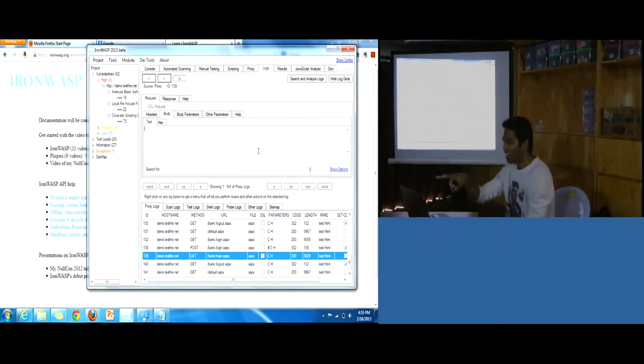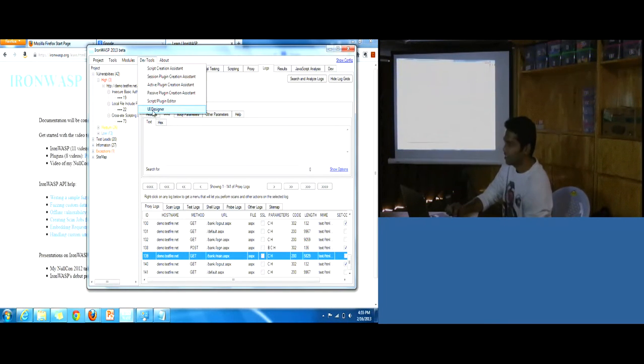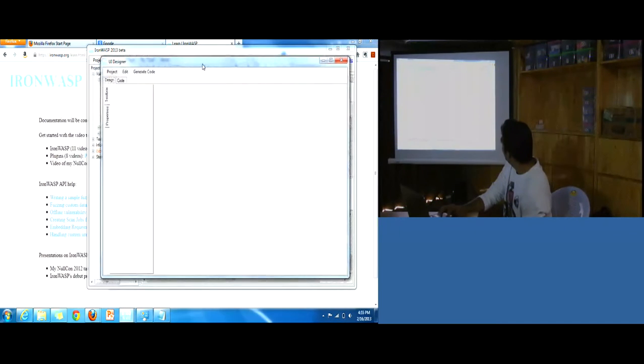What I've done is I have implemented my own UI design system. If you're coding in IronPython, you could use that. Now I don't know how easy or difficult your frameworks have been, so I'll show you how it is done here, and then you can tell me if it's better or worse. There is something called a UI designer, and here you can create a new design.